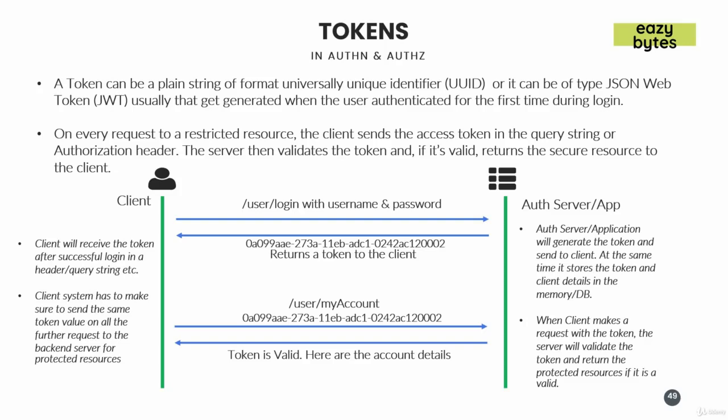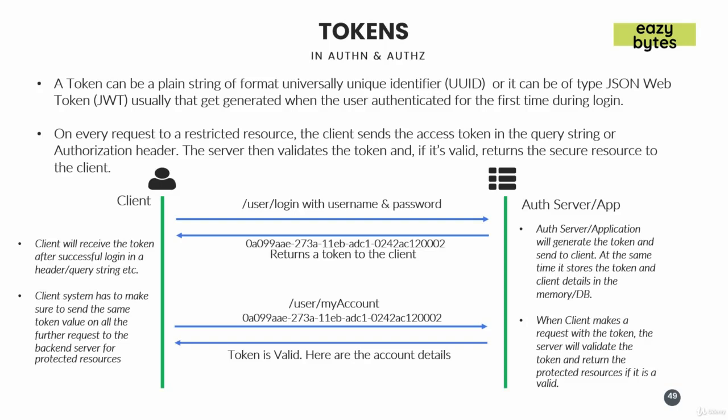The authorization server or application which is staying at the backend will validate the user credentials, and if the user is valid, it generates a token and sends it to the client application either in the header or in the query string of the response. Now the client will save this token either in local storage or any storage that they have access to,